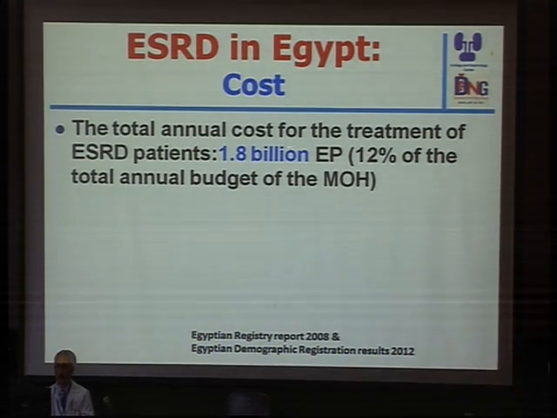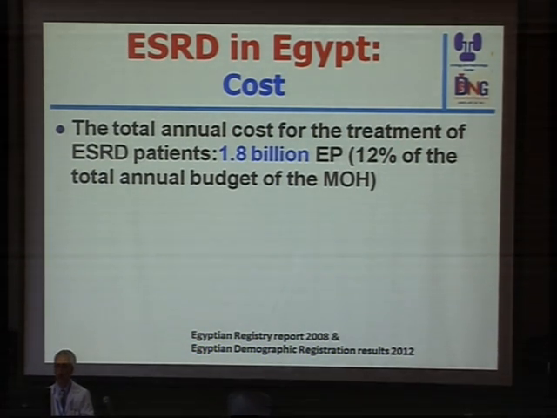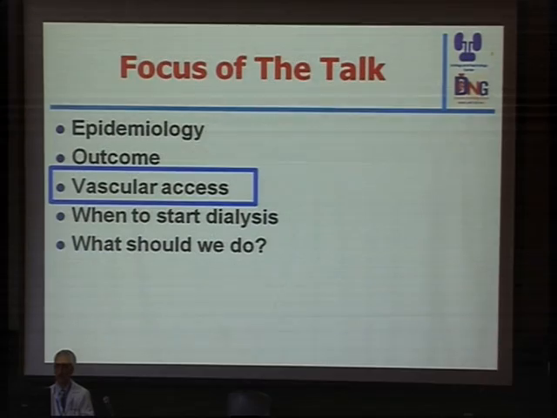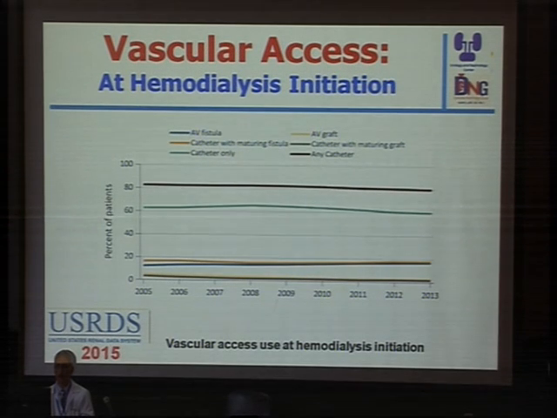The total annual cost for treating end-stage kidney disease consumables is 1.8 billion Egyptian pounds, and this constitutes 12% of the total annual budget of the Ministry of Health according to 2012 data. Regarding vascular access,